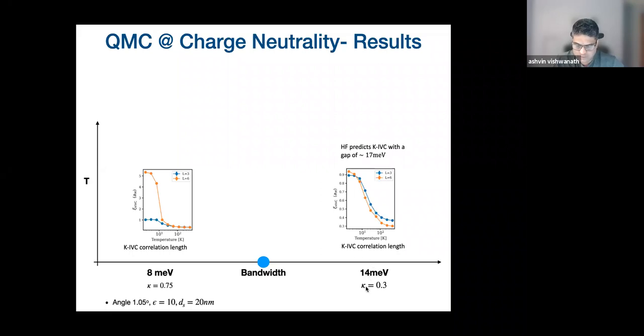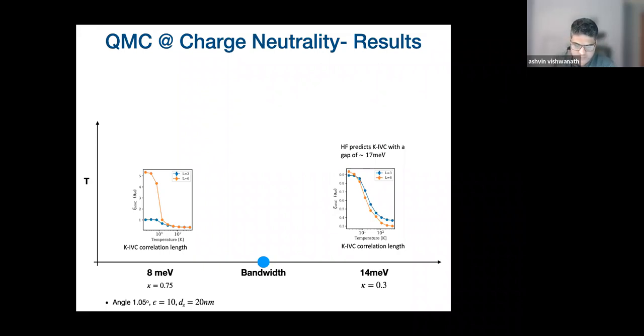Another bit of a surprise for us was when you go to the slightly higher bandwidth, where we took a smaller value of kappa. Kappa is the ratio of W0 over W1. Somehow in this regime, that ended up giving us a bigger bandwidth. Now it turns out the bare bandwidth is too much for the interactions, and you don't get an insulating state. So it's really a balance over here. Hartree-Fock, of course, overestimates the ordered phase. Even with these parameters, it will predict an insulator with this KIVC order, but in this fully quantum calculation, it melts and you actually get a semi-metal. The correlation length is now finite, and regardless of the system size, it doesn't scale with system size. So that was one surprise.